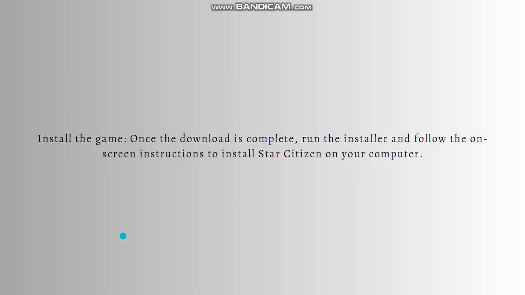Next one is to install the game. So once the download is complete, run the installer and follow the on-screen instructions to install Star Citizen on your computer. And remember, you can always pause this video or go back to the video to follow the processes